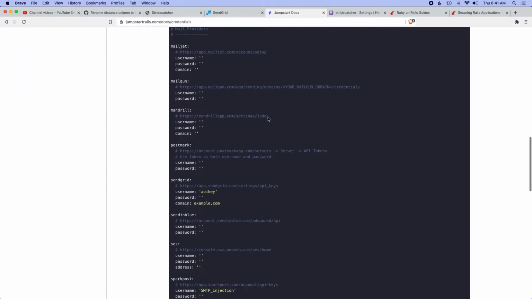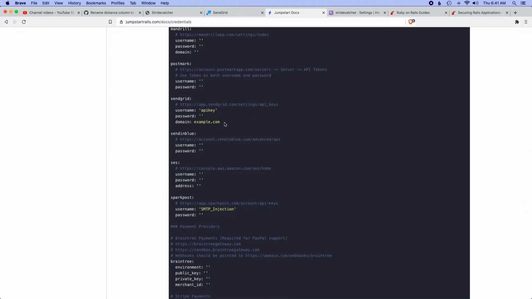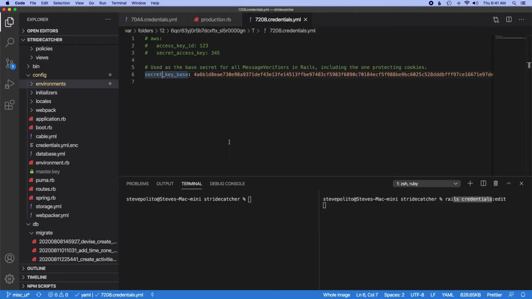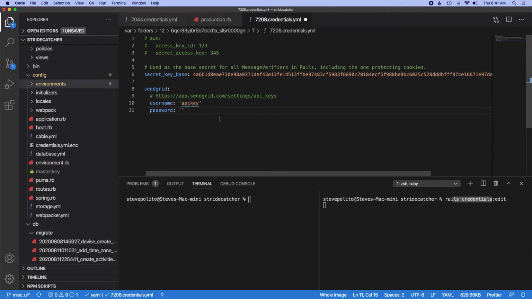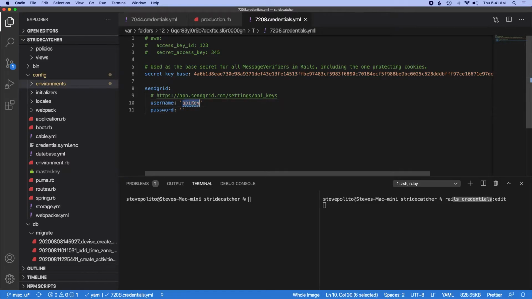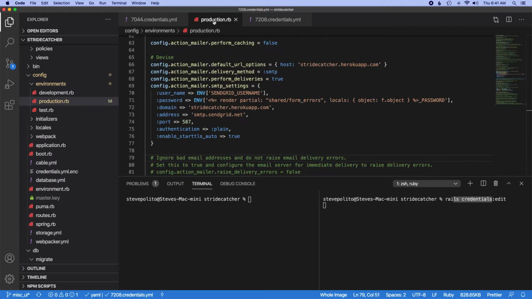Let's take it from the docs from Jumpstart. So I'm going to take this, copy this in here, and for the username and the password, I'm going to put those in behind the scenes. But what I want to show you is, so in production, we need to change this from